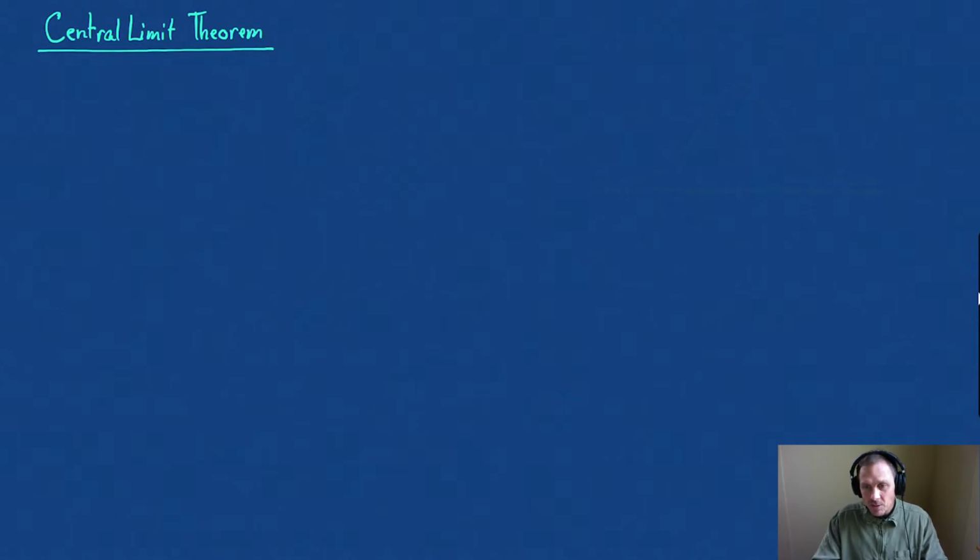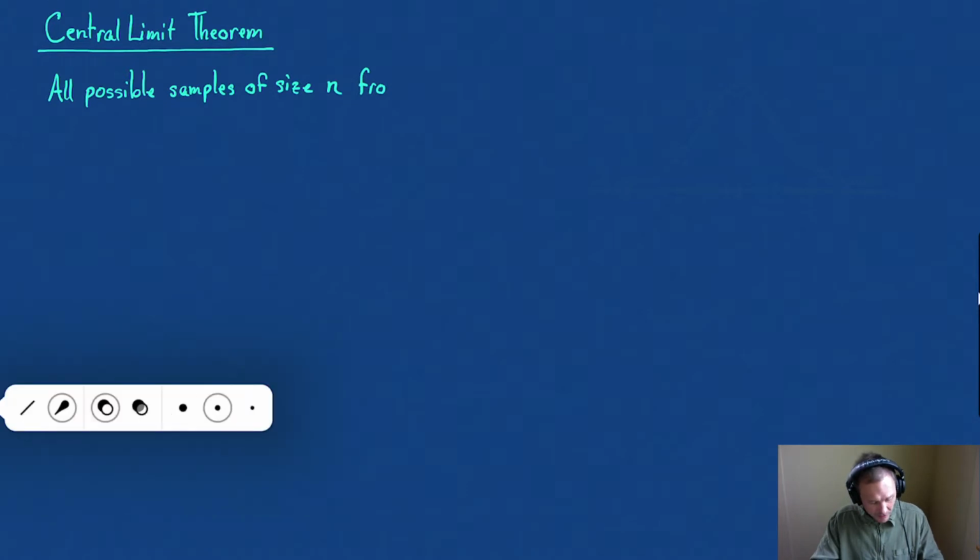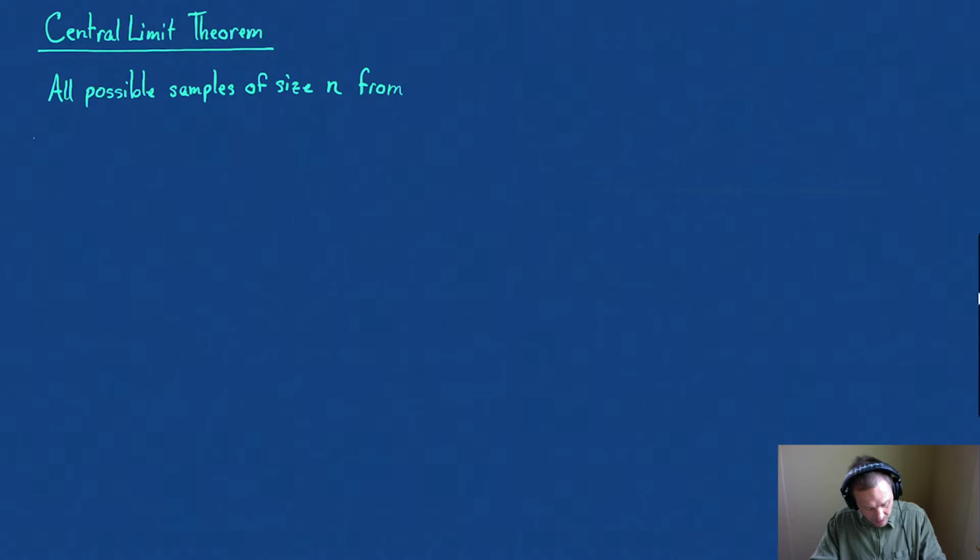Remember, the Central Limit Theorem says we took all possible samples of size n from, and here was the amazing part, from any distribution, then the result is a normal distribution,